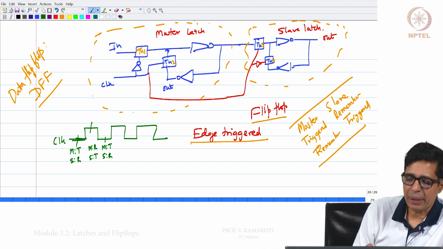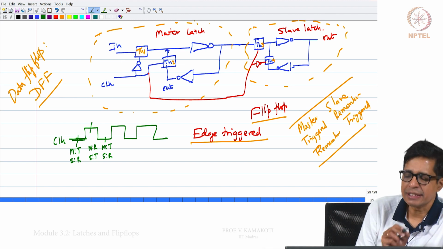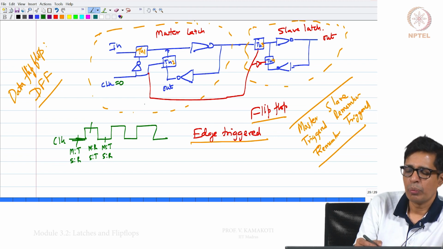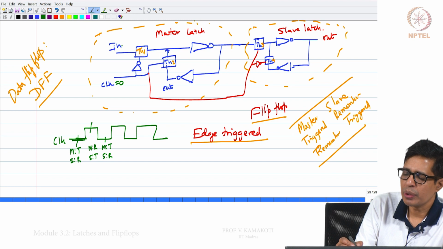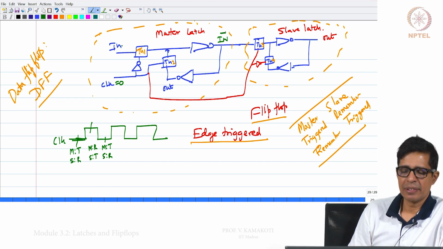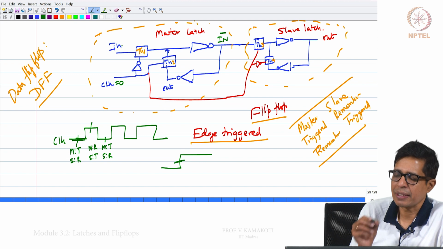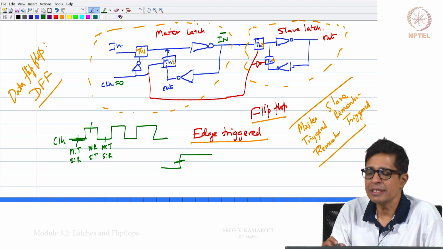So, when the clock is 0, whatever is given as the input will come as in bar here.